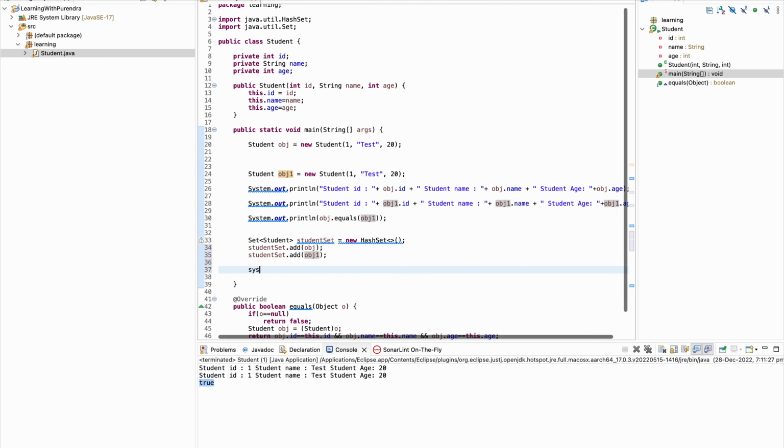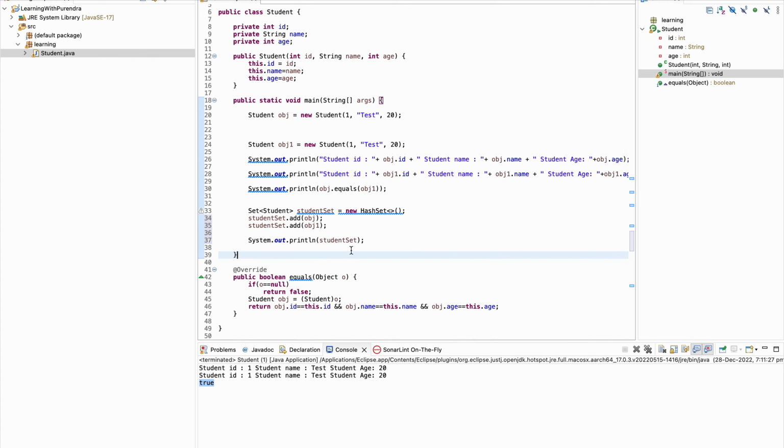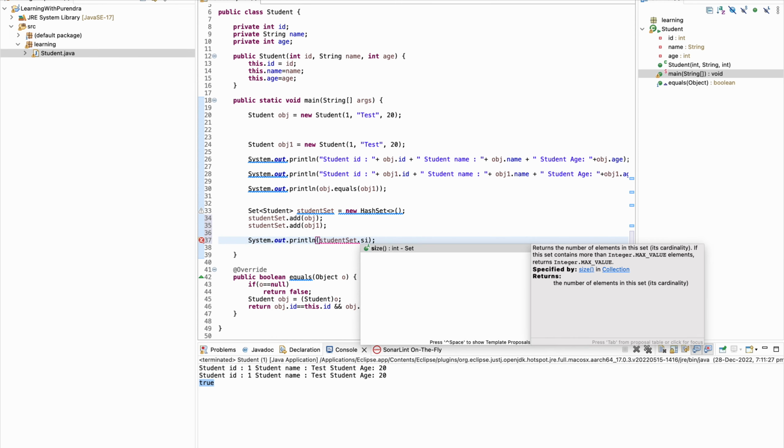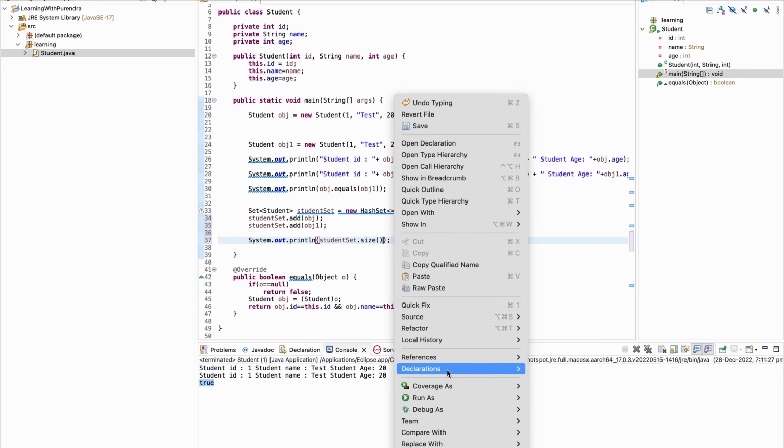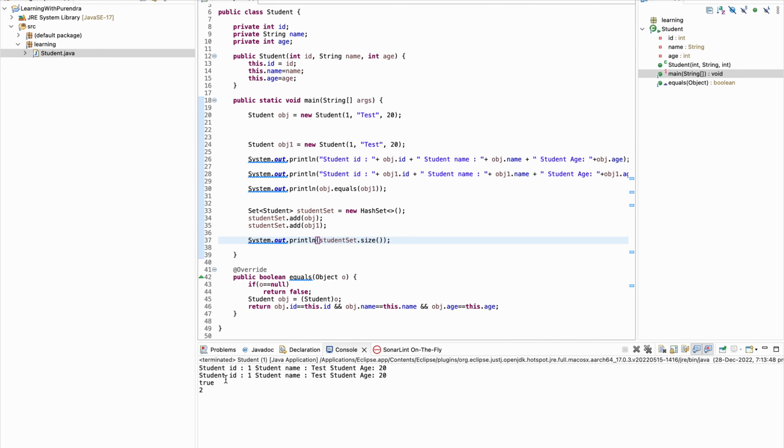Now let me print out this student set for you guys. As per the set definition, there would be only one value in this. So let me print out the size of this student set, and what we can see, there are two values instead of one.